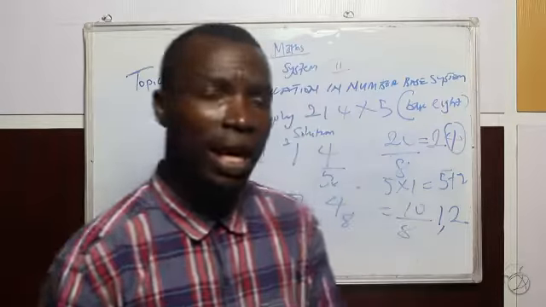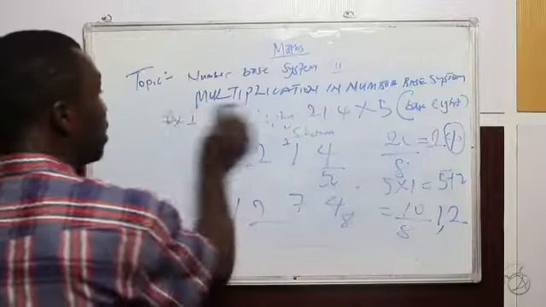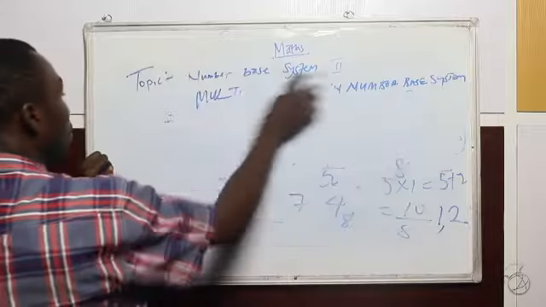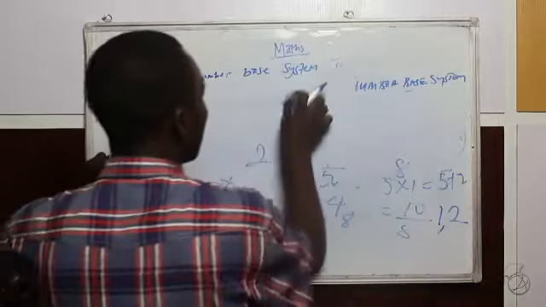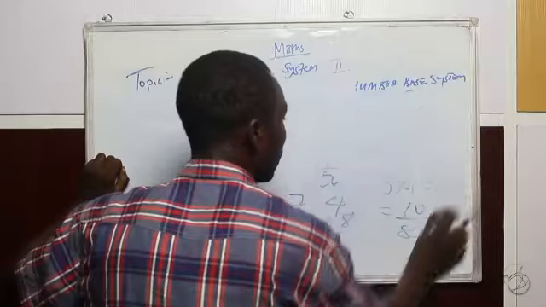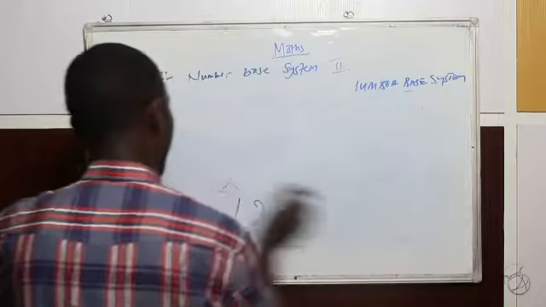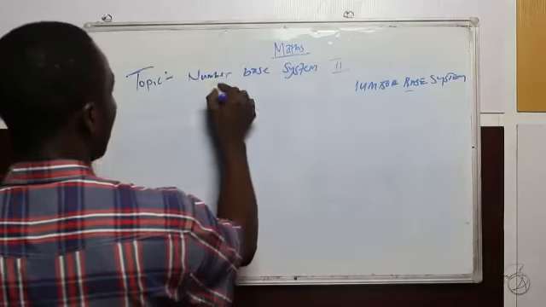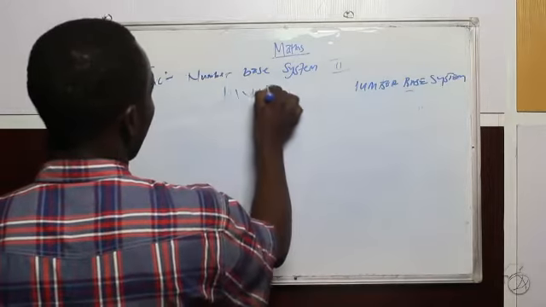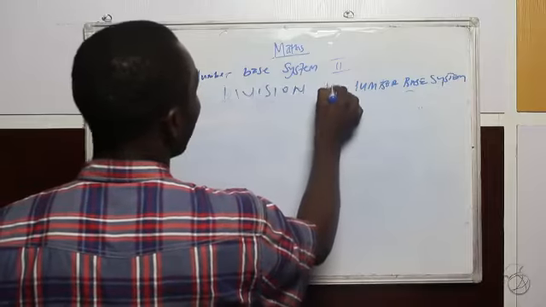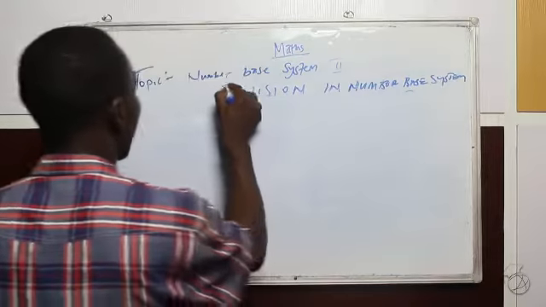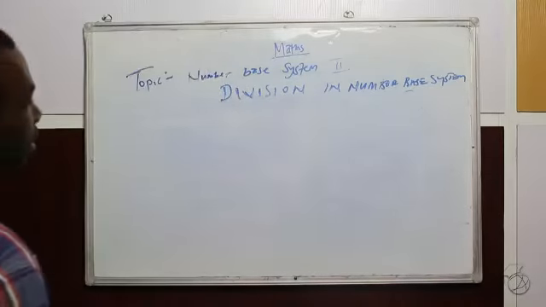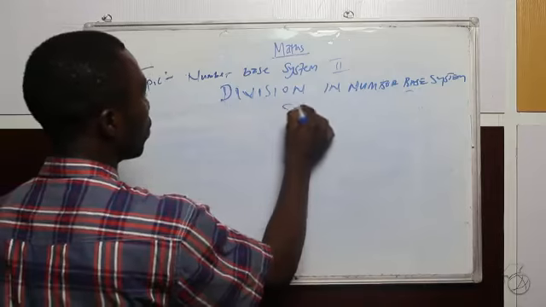Let us consider the last basic operation, which is division in number-base system. Solution: